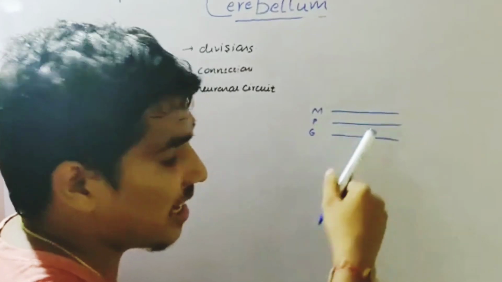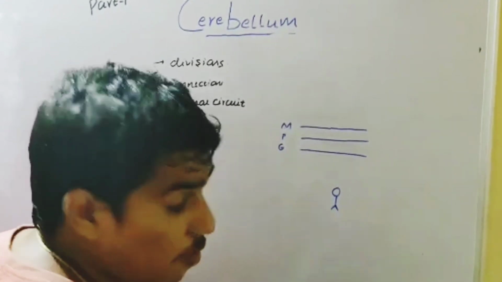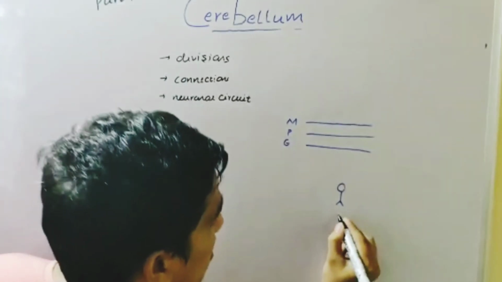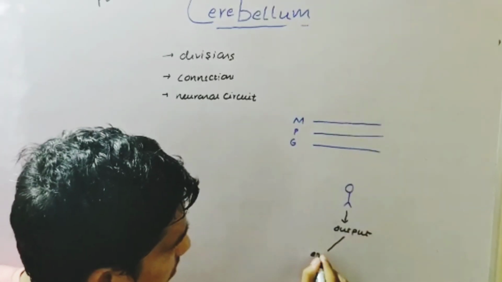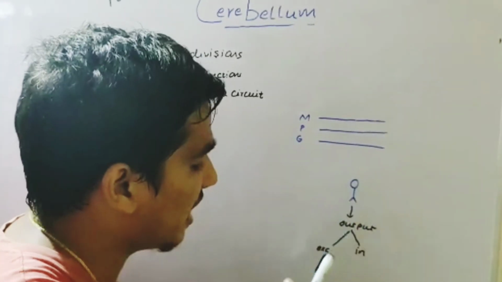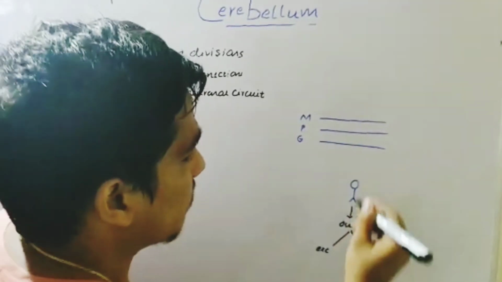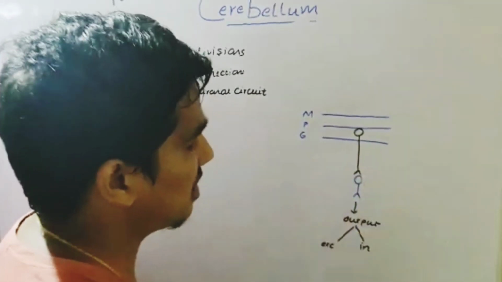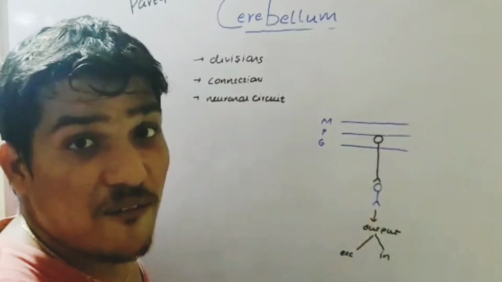Now deep to these layers there are deep nuclear cells. I have already said, and I am saying again, these deep nuclear cells are the reason for the output that is coming. This output may be excitatory or inhibitory. It depends upon the deep nuclear cell. If it is excited, we get an excitatory impulse. If it is inhibited, we get an inhibitory impulse. Remember friends, the inhibition of the deep nuclear cell is always done by the Purkinje cell, and the excitation of the deep nuclear cell is done by the afferent fibers that are coming.